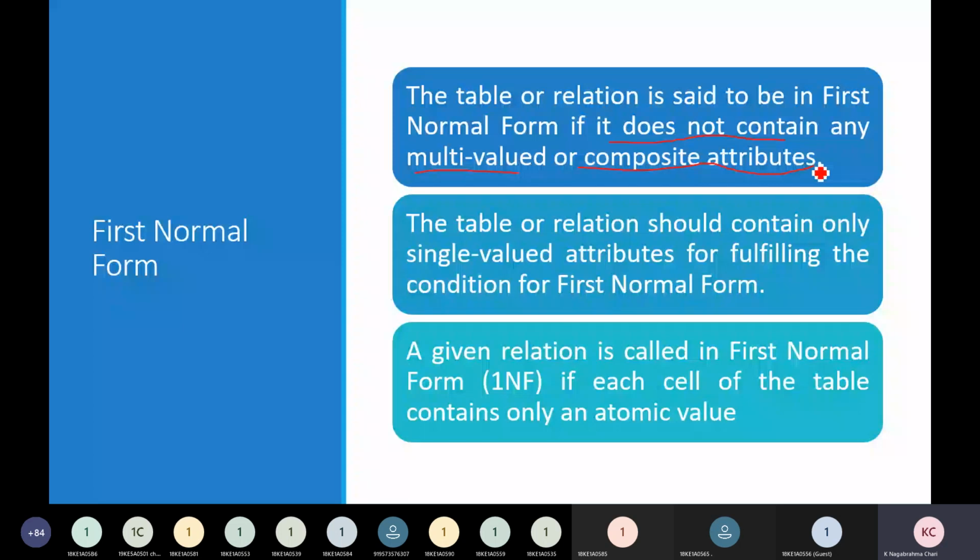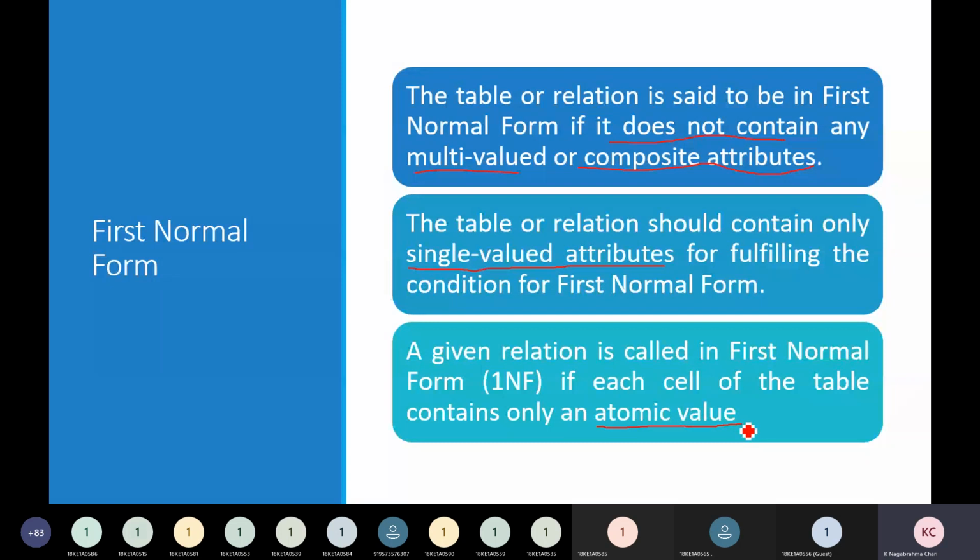If they have multi-valued or composite attributes, you have to convert them into single valued attributes, so that it contains only single valued attributes, fulfilling the condition for first normal form. We can say each cell of the table contains an atomic value, that means only one value.